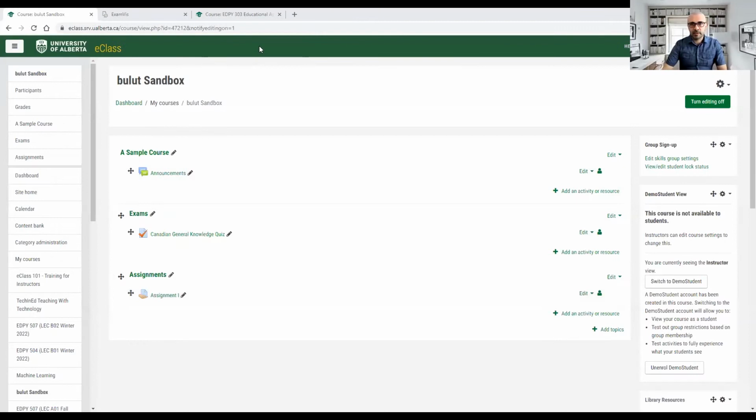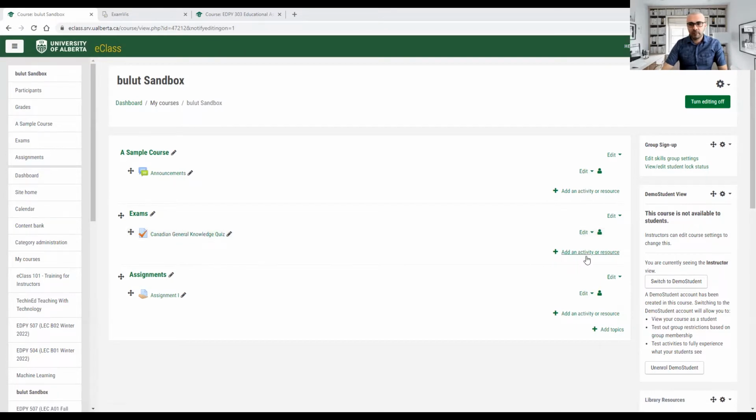So this is a sandbox that I created just for this demonstration. Basically, I created a fake quiz. I called it Canadian Knowledge, a general knowledge quiz. So there are 16 questions, short answer, multiple choice, anything. I grouped the questions in a way that there are 4 questions about geography in Canada, another 4 questions about history of Canada, another 4 questions about Canadian sports. And finally, there are additional 4 questions around Canadian symbols or emblems and things like that.